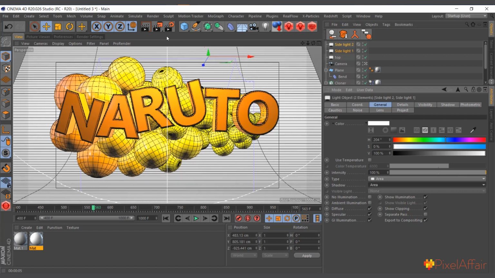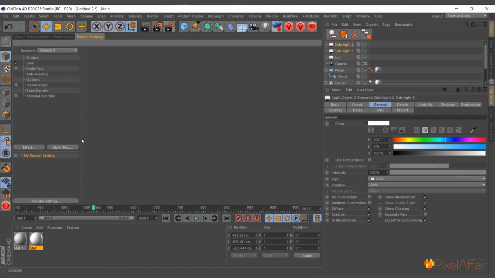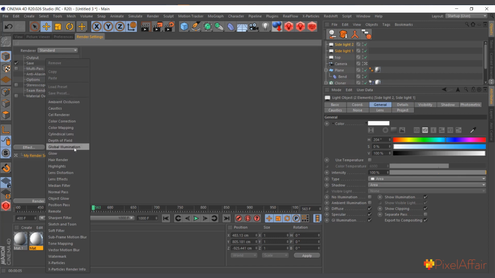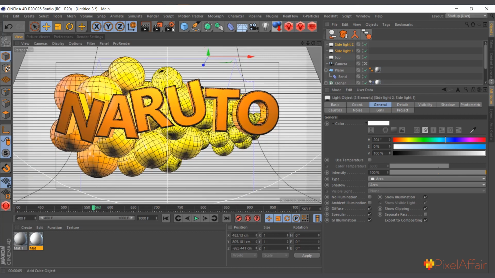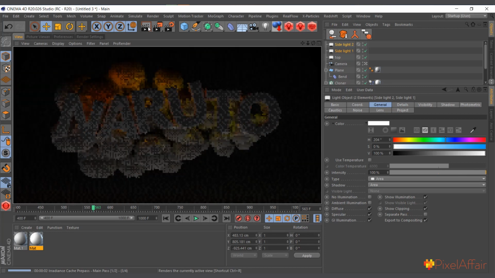So the next thing I'm going to use is GI, global illumination, to actually make a bounce and light in there and everything as well. GI adds to the render time, but if you don't like it, you can reduce it, as in find ways around using lights to bounce around. But typically I'll use GI to avoid a lot of stuff. So click here, and I come to render settings, then I'll come to effect, and I'll choose global illumination, right? I'll leave it as default for now, and let's render to see the way it looks. It will slow the rendering, but